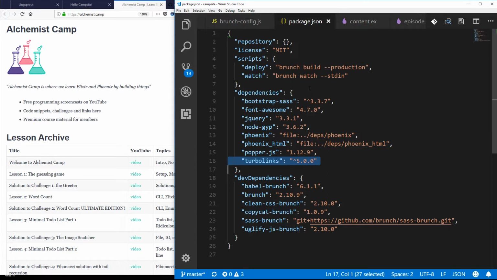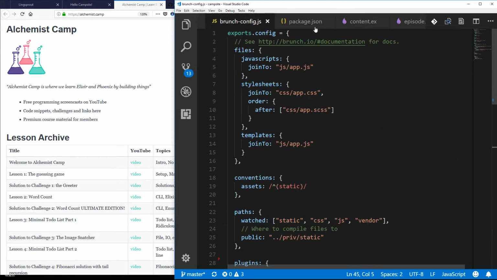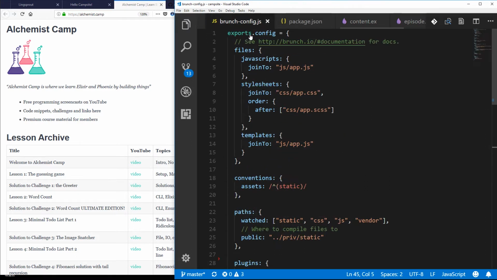So it's not quite as quick and snappy as a front-end framework, but it's a lot faster than a whole page load. And if you're using Phoenix especially, it can actually feel like it is a front-end framework. It's pretty cool. Anyway, once you've gotten your Sass Brunch and various dependencies installed, then you're going to have to